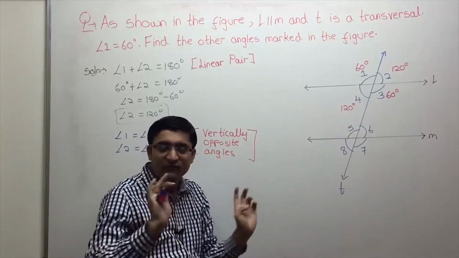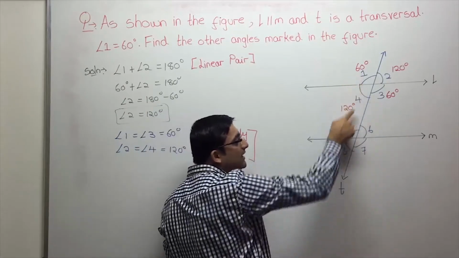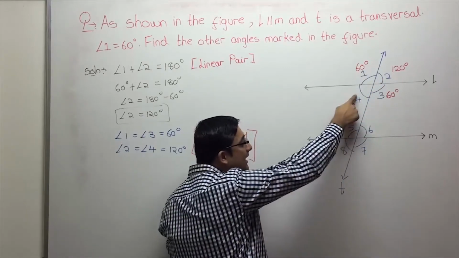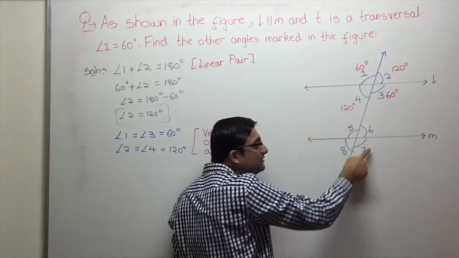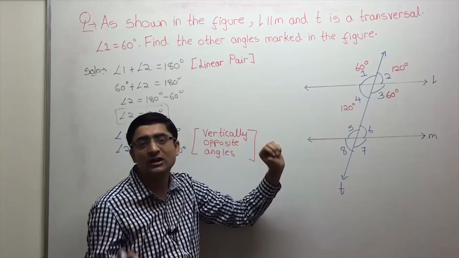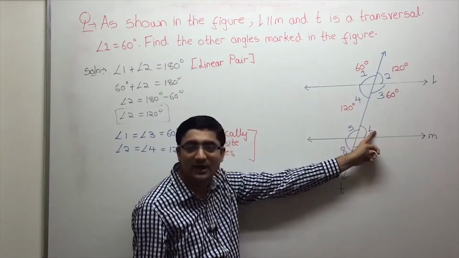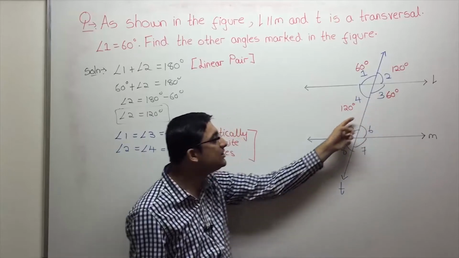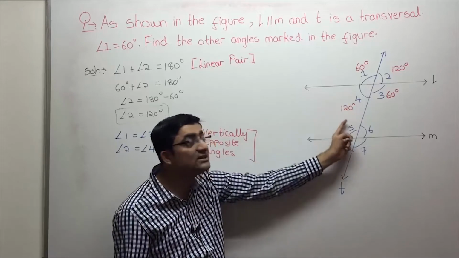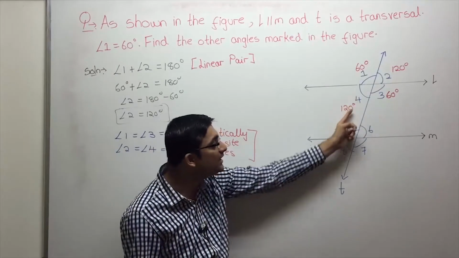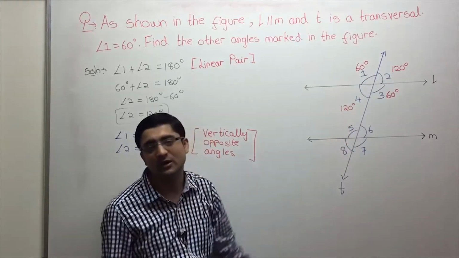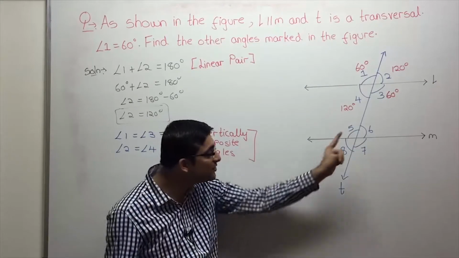So see, there are many ways. First way, corresponding angles. Angle 1 and angle 5 are corresponding angles. Angle 2 and angle 6 are corresponding angles. Angle 4 and angle 8 are corresponding angles. Angle 3 and angle 7 are corresponding angles. So I can use any of these. That is one way. Another way is alternate interior angles are equal. So angle 4 is equal to angle 6, alternate interior angles. Angle 3 is equal to angle 5, alternate interior angles. Again, you'll get one of these angles. Or interior angles on the same side of the transversal are supplementary. So angle 4 and angle 5 are interior angles on the same side of the transversal, so they're supplementary. So this plus this is 180. So you can use any of these 3 concepts to get one of these angles.